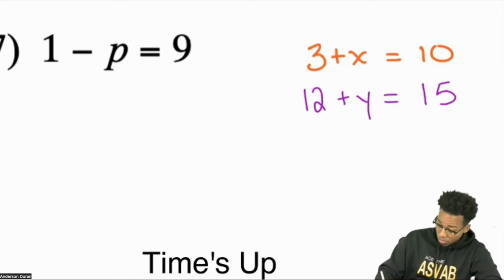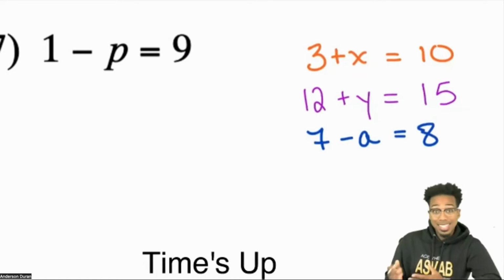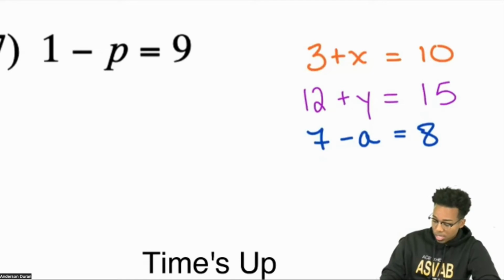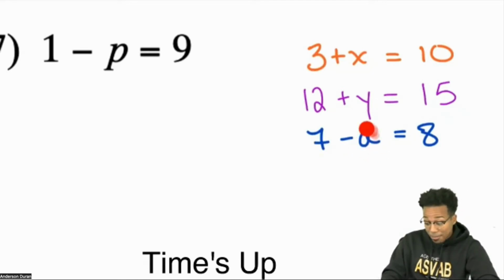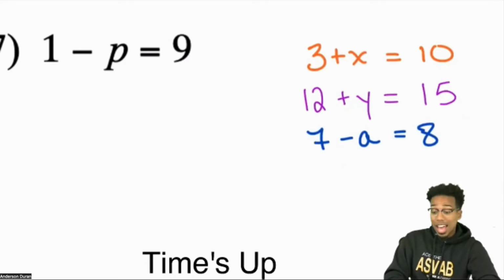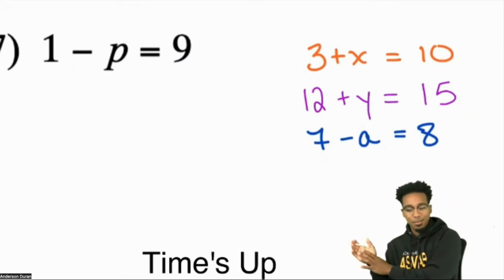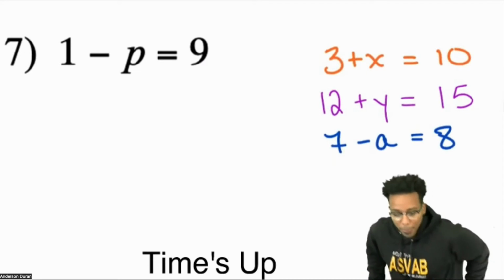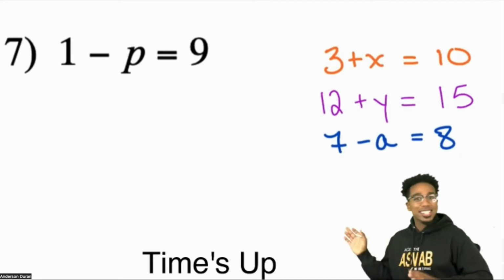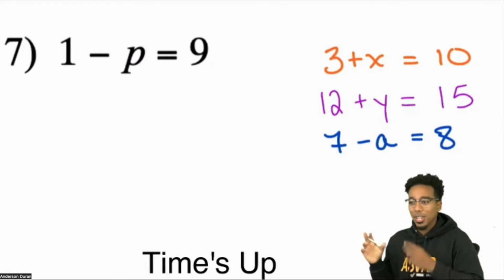If I wrote 7 minus a equals 8, that 7 is still just being added. It's the variable that you see that got changed to being subtracted. It's the variable, but that is still a 7 there. Over here, that's still just a 1. Everybody, yes or no, does that help you see this a little more clearly before I move to the next step? I want to make sure we understand that,